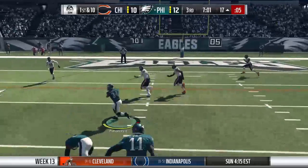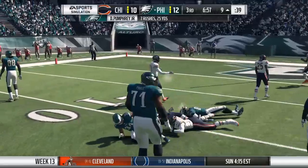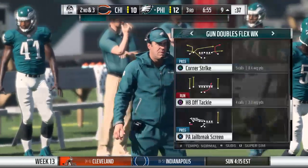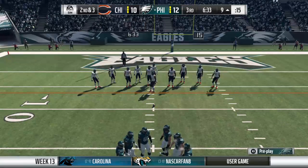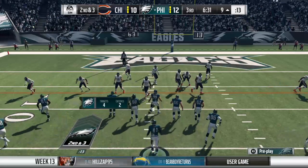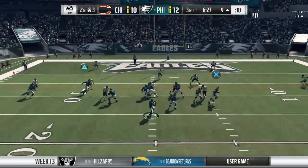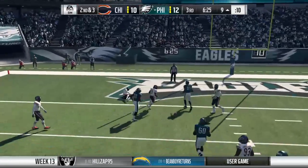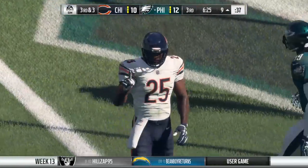They'll run it now out of the gun. And he's able to get this inside the 10 now to the 9. It's a 7-yard carry to set them up with a 2nd and 3. Sometimes with the running game, you've just got to stick with it. Look, it's the third quarter, no time to panic. But that also doesn't mean you just do it the same way you've been doing it the entire ball game. Maybe change up some blocking assignments or run a few different plays, but stay with the overall essence of the